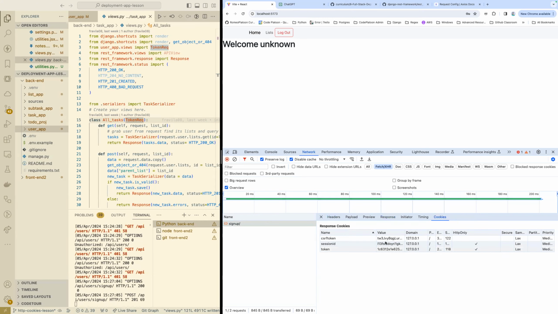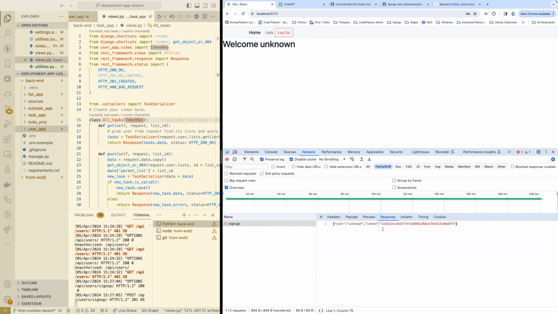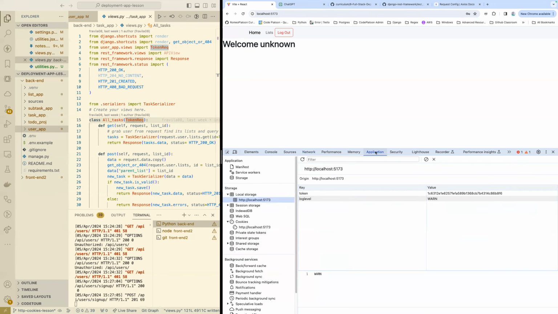But let's look at cookies. So here's what I want. The response cookies, there's all these things, but here's the token. I see it starts with 1C, and over here in the response, I actually see the token has the same thing. And that gives me the confidence that indeed I have passed my authentication token in what is hopefully an HTTP only cookie, right? And if I go to application now and I go to cookies,